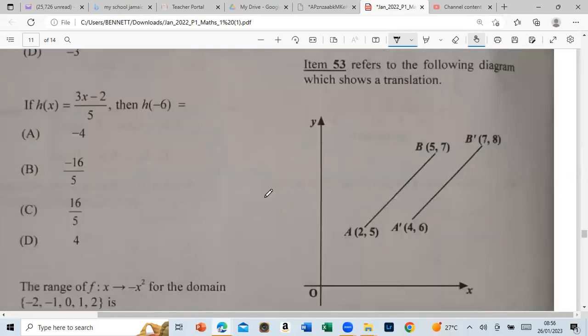If h of x is equal to 3x minus 2 divided by 5, then h negative 6 is equal to,